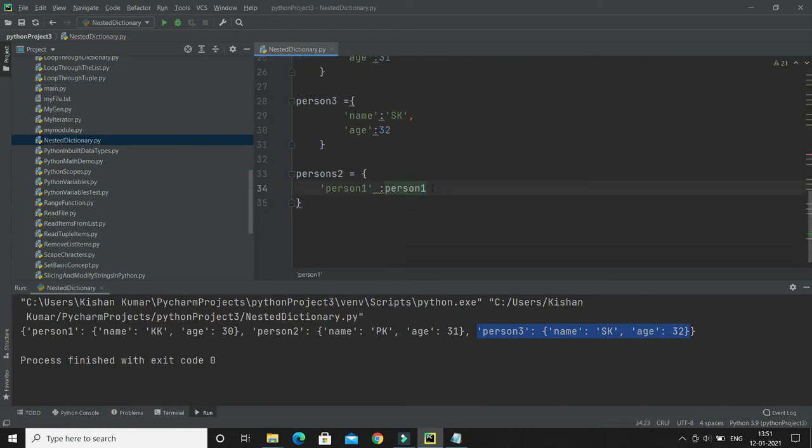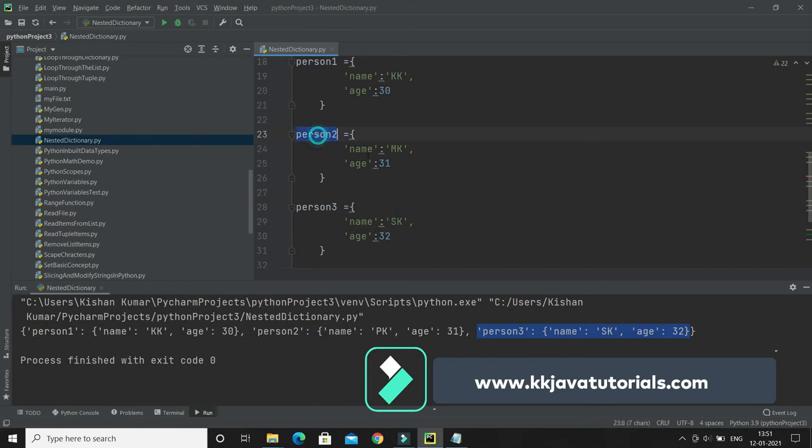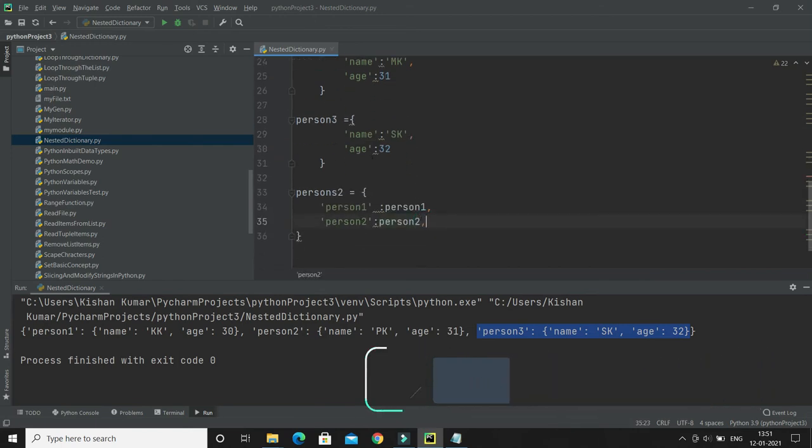Similarly I will put a comma, and the second element, let's say person 2, which we have already. And similarly we can have a third element within the dictionary, that is called person 3, right? And that's it. If you want, you can put some more elements.